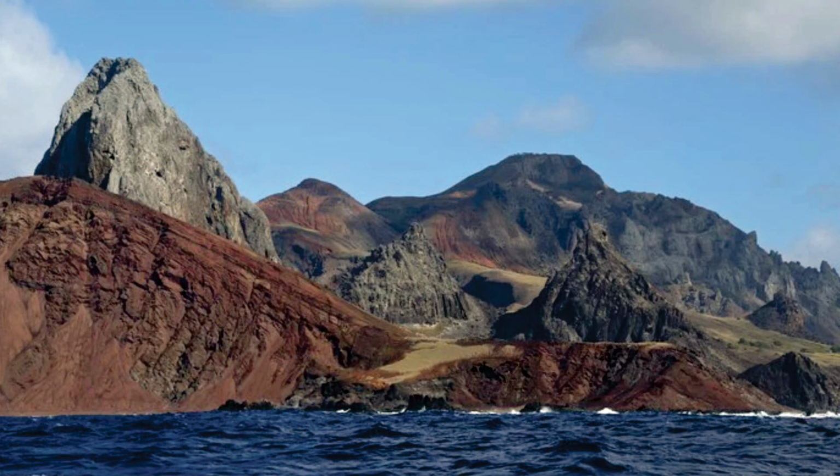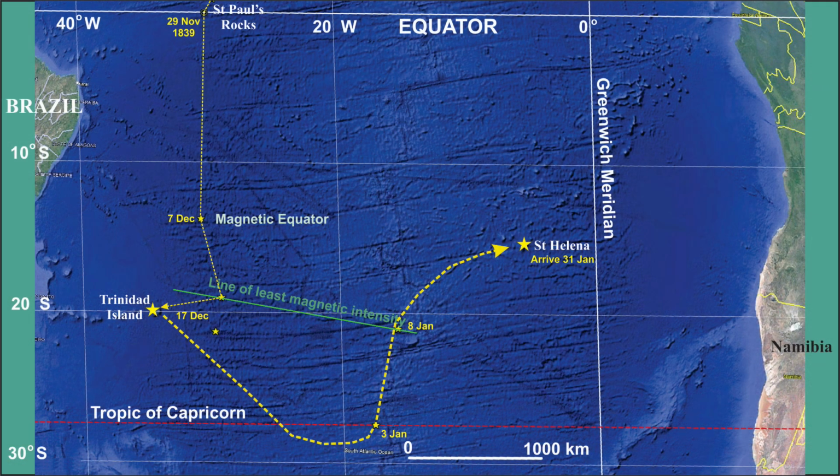Here, Ross, Crozier and several officers were rowed ashore at Northwest Bay, landing near Nine Pin Rock, an impressive columnar basalt column. Because the whole island was composed of highly magnetic basalt, they found that taking magnetic readings was practically useless. Returning to the ships after less than 12 hours on shore, the expedition set a southerly course once more, and continuing the daily meteorological readings and depth soundings, they recrossed the line of least magnetic intensity on the 8th